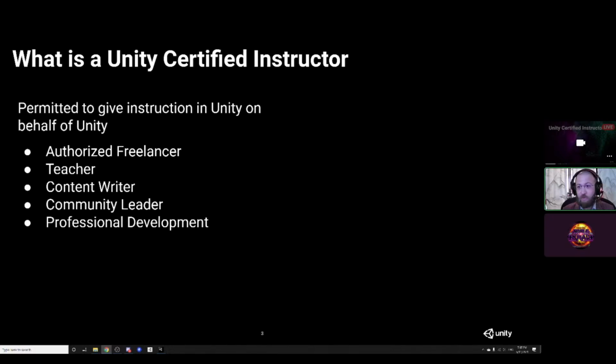Now, I've been a community leader for several years now, but other UCIs also are in charge of Unity user groups in their local area. And they participate with IGDA. If they have any local chapters like the GGDA, they participate with those. And are kind of the communication link between a local area and Unity themselves, communicating information back and forth.